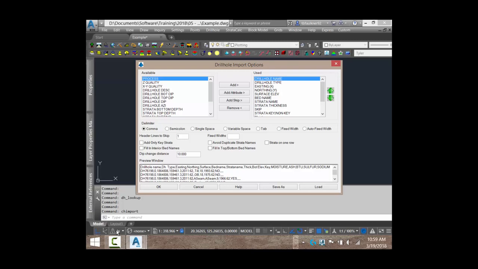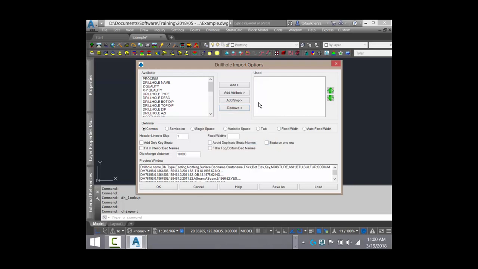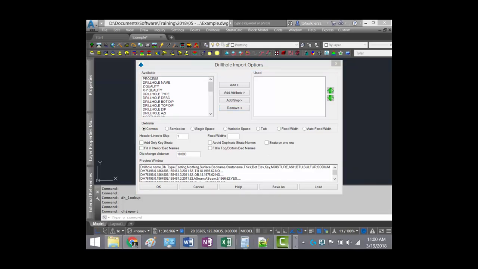But I'm going to wipe this out so we can start fresh here. If you have anything in this used column, just pick one of these attributes and then come over here and click remove till everything has been removed. Okay. So the idea of this drill hole import formatter is to tell the program what each one of these